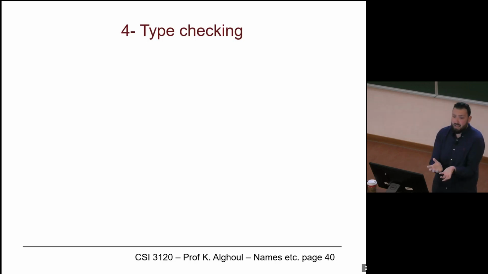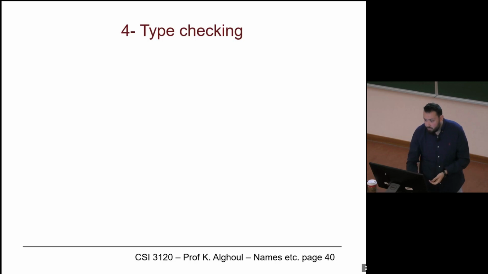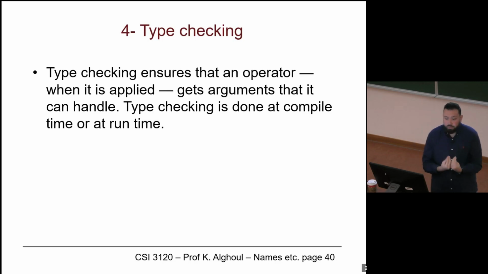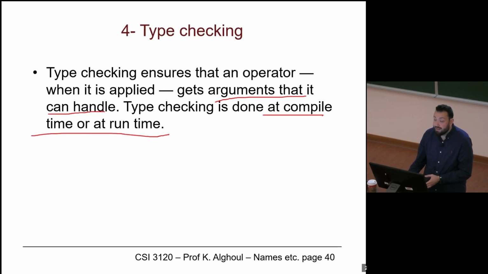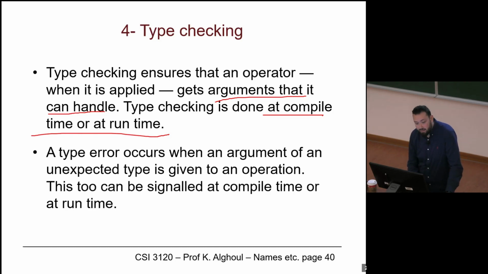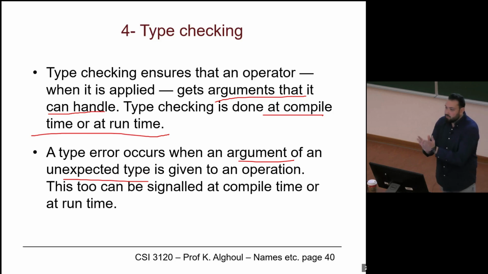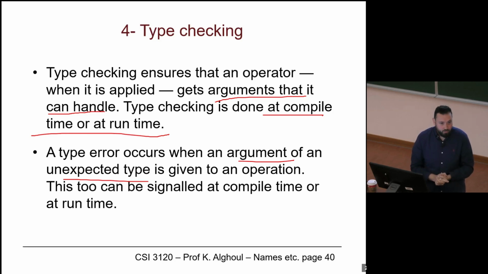How are different languages handling this type checking? So what is type checking? Type checking ensures that an operator, when it is applied, gets arguments that it can handle. Type checking is done at compile time or at runtime, depending on the language. Now we said a type error occurs when an argument of an unexpected type is given. Now let's see how different languages will handle this. All the languages will have something called type error or type checking, but some languages are more strict than others. For example,